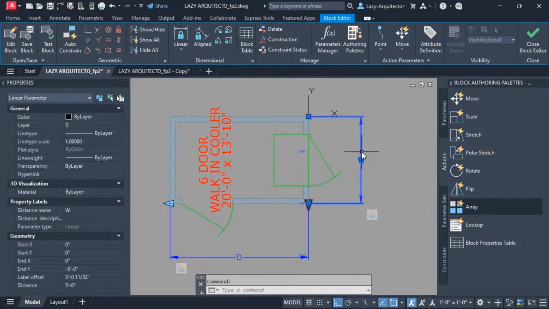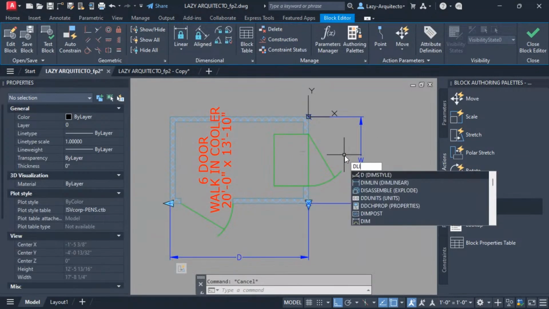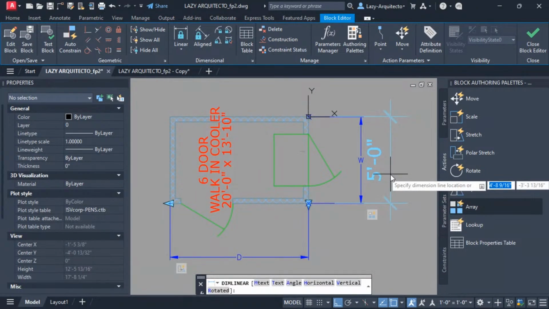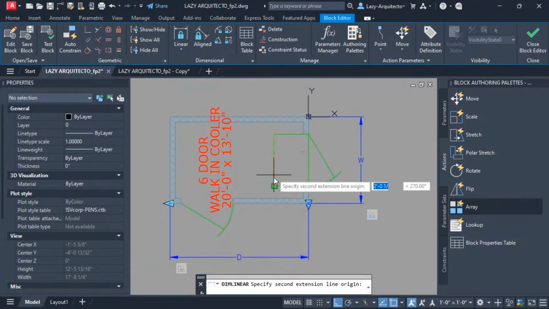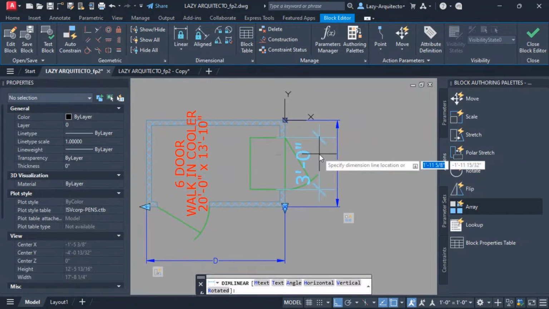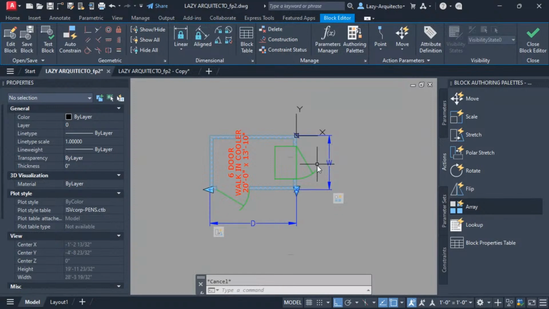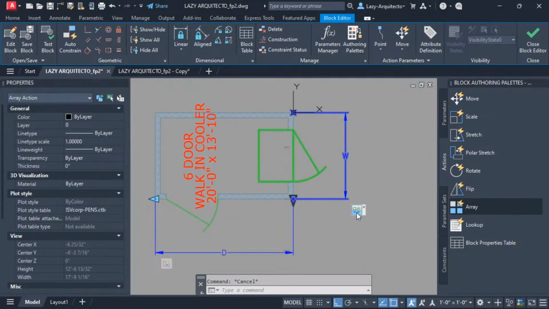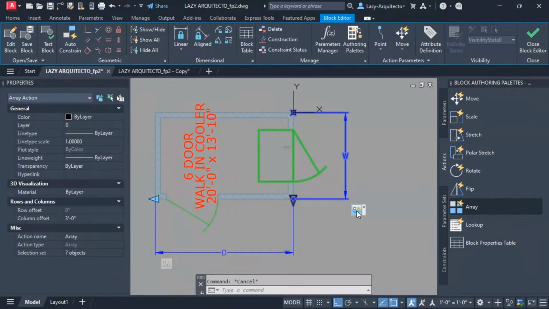My distance was 5 feet for my linear parameter. You can see it right here, 5 feet, but my door was 3 feet. That was a mismatch that I was doing wrong. So the way I tried to fix it was selecting my array, and in this case